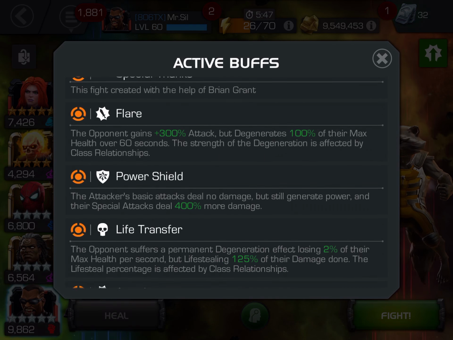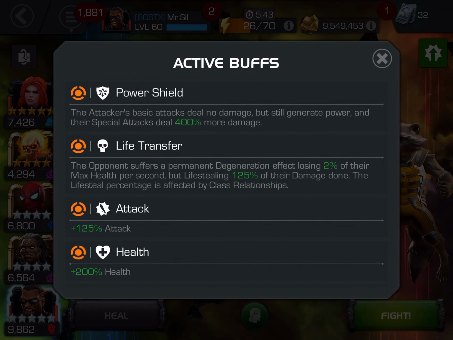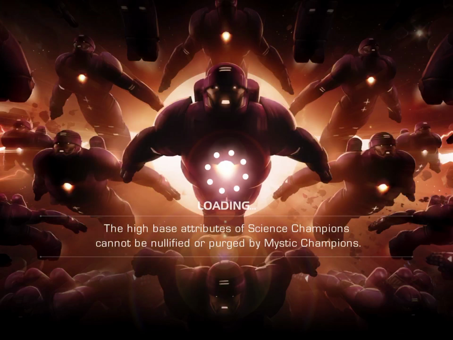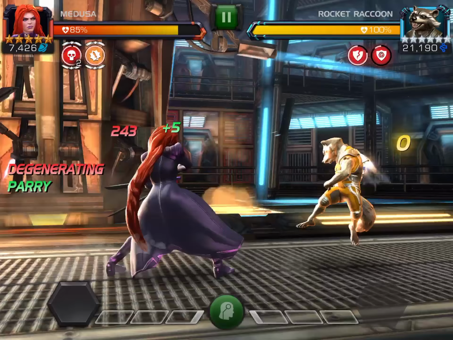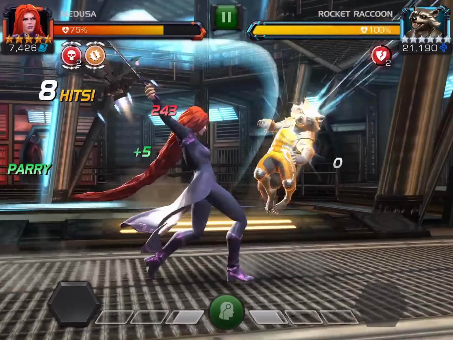So let's move on to Rocket Raccoon. Now Rocket Raccoon, courtesy of Brian Grant, is actually a pretty fun fight. Key things to worry about here is it has life transfer, which is great. That's the great gift from Kabam. It also has a power shield, so you're going to have to use your special attacks if you want to damage Rocket Raccoon. And you will face a degeneration, not only from the life transfer, but also from the flare node